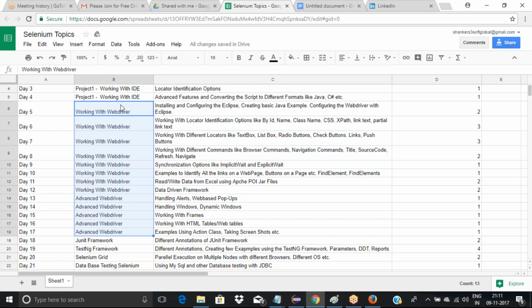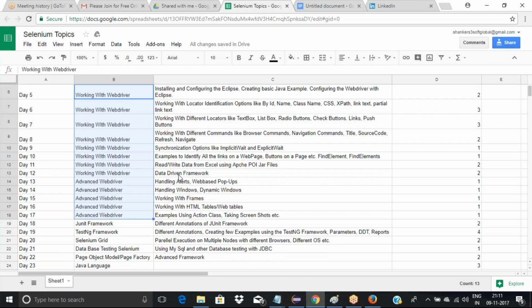All those fundamentals will be covered when we do it over here. How do we write select case kind of commands from the keyword driven framework point of view. So most of the fundamentals would be cleared when we look at these examples within these days,